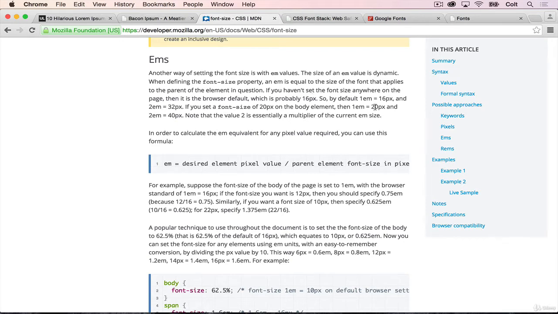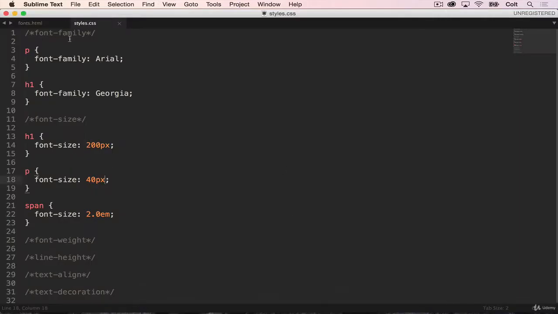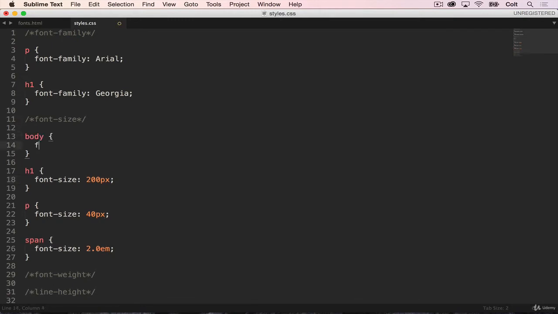So what most people will do is set a font size on the body at the very beginning. So something like this. Body, font size, and let's do something really small to start, like 10 pixels. And then let's change our H1 so that it's 5 times larger than the body. So that's going to look like 5.0 EM. And then we want our paragraph to be twice as large as the body, so 2.0 EM. And then lastly, we want our span to be twice as large as the paragraph, so that's also 2.0 because